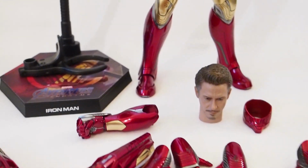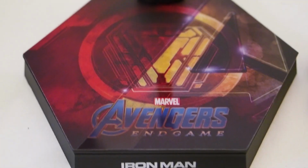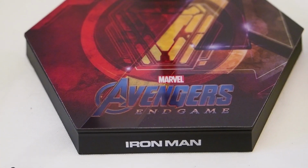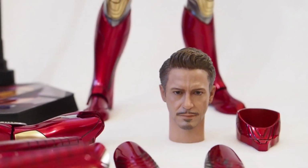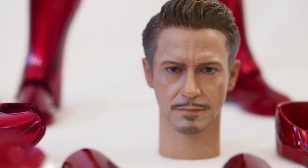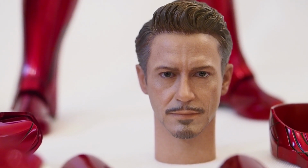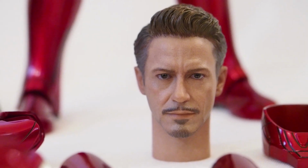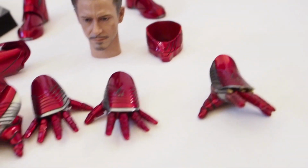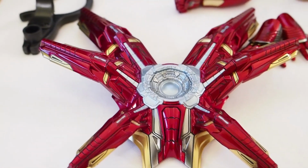And as far as accessories, first you got the base. Nice design on it. Avengers Endgame. And then we have the head sculpt of Robert Downey Jr. And it looks like Hot Toys didn't update the head sculpt at all. So it's the exact same one that they provided originally with the first batch from Hong Kong, and a collar piece, and then a bunch of hands, and then this